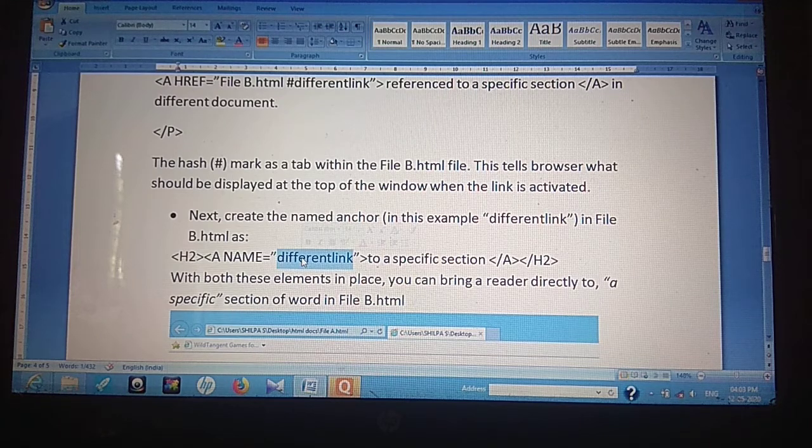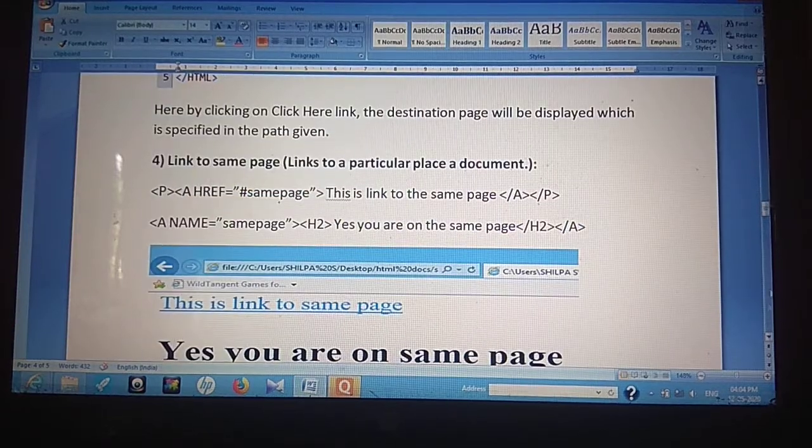This is the name that I have assigned in file B, where that definition or that important thing has been explained in detail. So I am connecting not to the entire file B, but to some paragraph or some part of that file B, not to the entire web page. I only require a paragraph of that file B. So I am assigning a name over here to that paragraph of file B, and I am calling it from file A. Sorry, I'll show you properly.